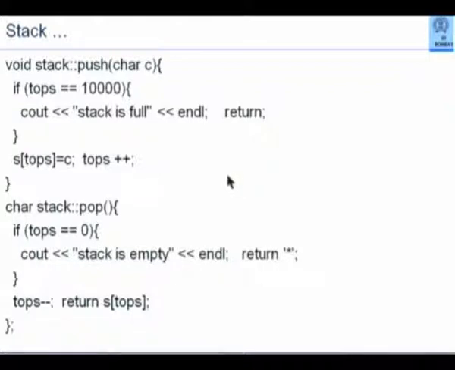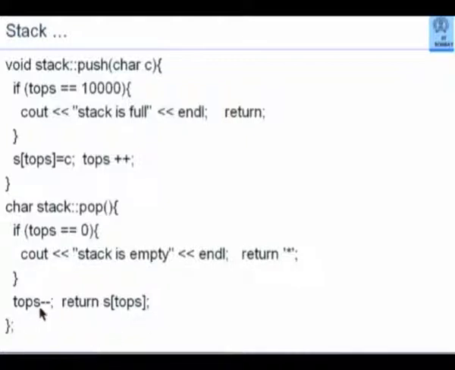On the other hand, look at the pop. Exactly the opposite may happen. Pop will ordinarily work using just these two statements. In the array, topS points to the next available vacant position. So the current top position is actually 1 less than that in my implementation.